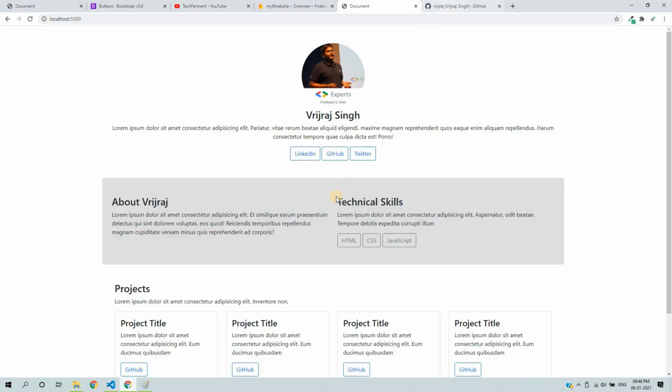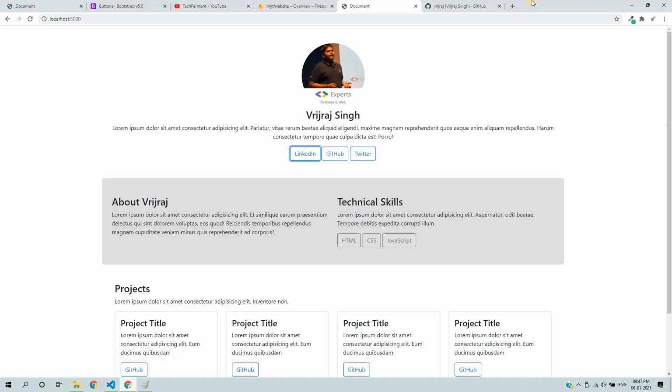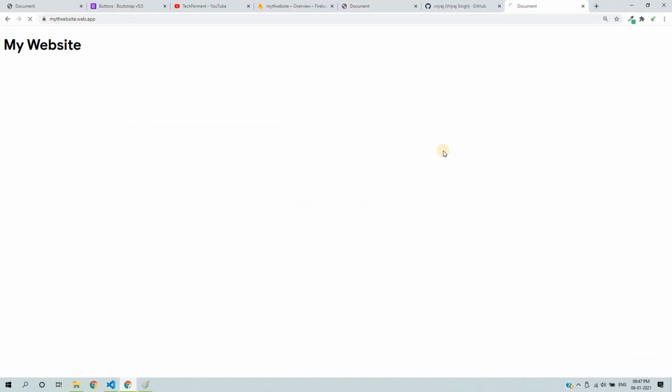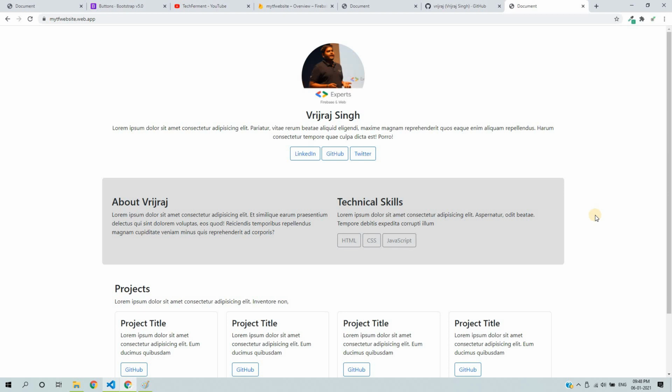Yeah, so the website is deployed, and this is the hosted URL. We can copy this URL and I will paste it here, and I will reload this page again. Yeah, it's working. So this is how you can create a portfolio with the help of Bootstrap and deploy on